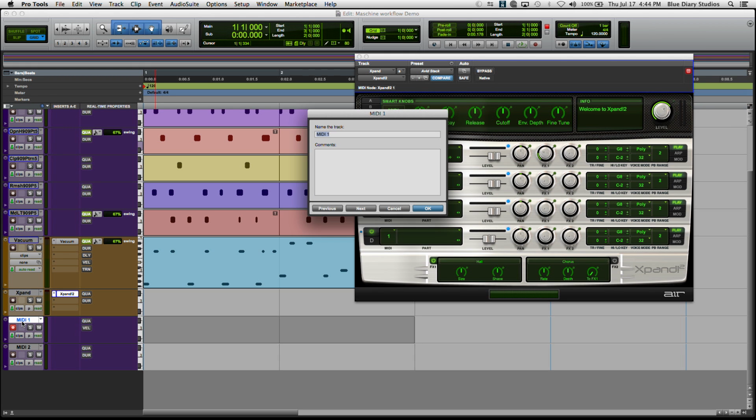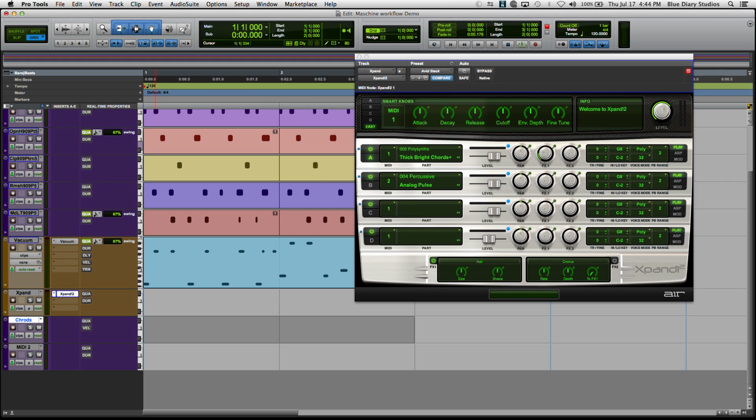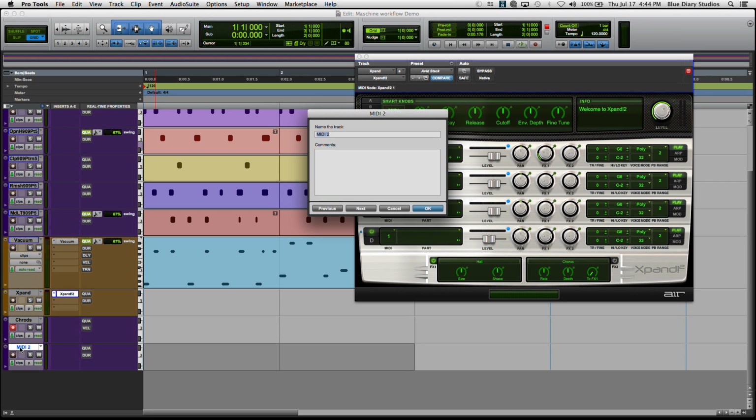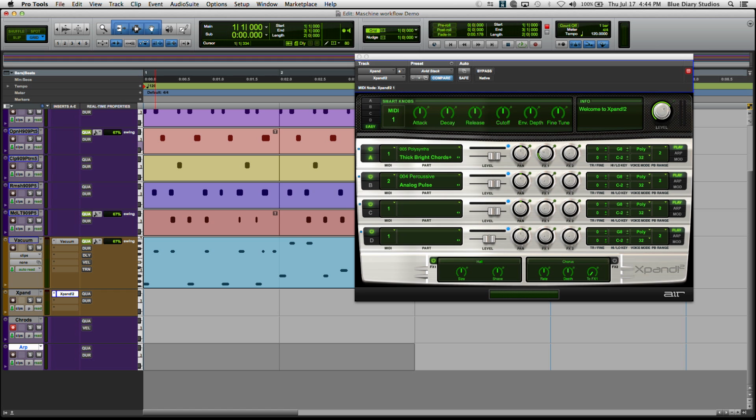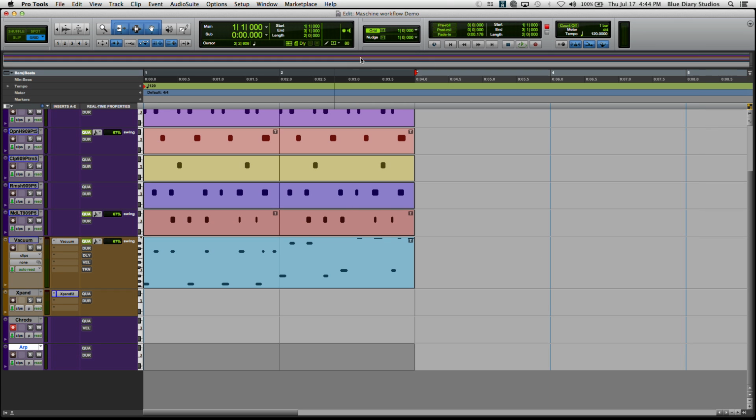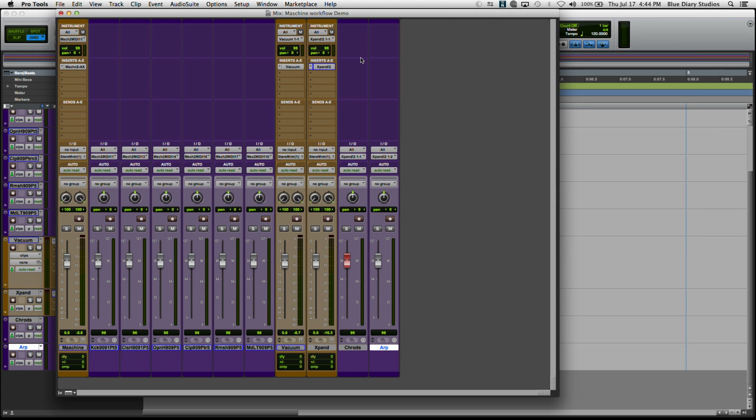We're going to rename these. I'll rename the first one Chords, and I'll go ahead and rename the second one. I'll just call it Arp. I'm going to be doing the arpeggiation with that second channel. I'm going to go ahead and put Expand to the back here. We're going to go back to our mix window, and let's go ahead and make sure we set these up